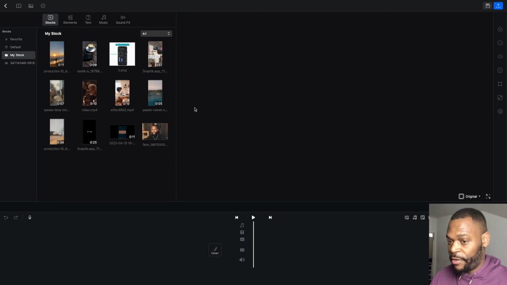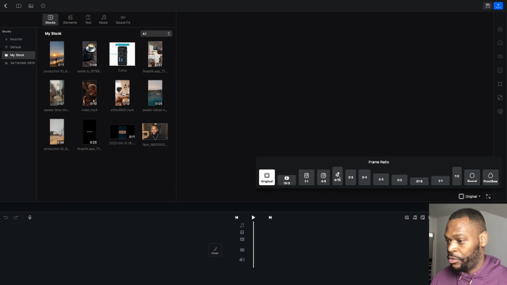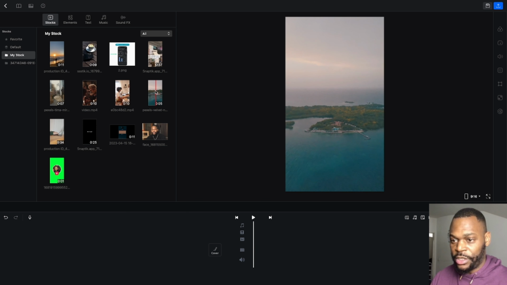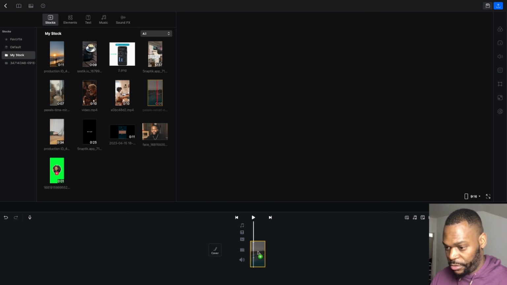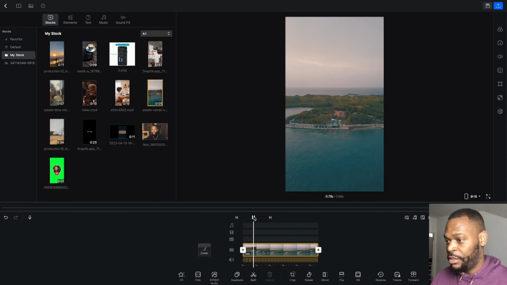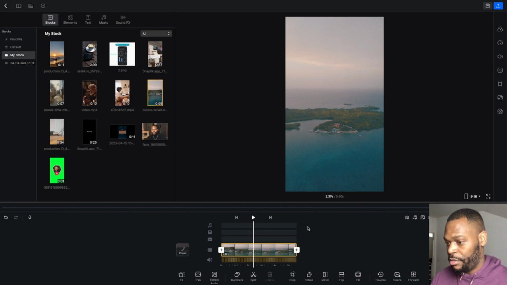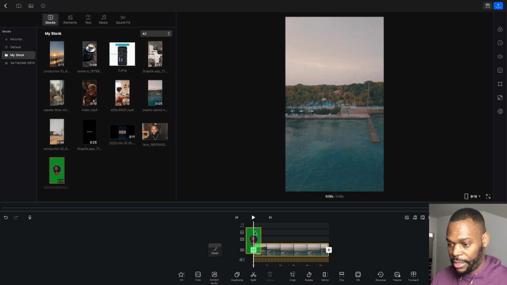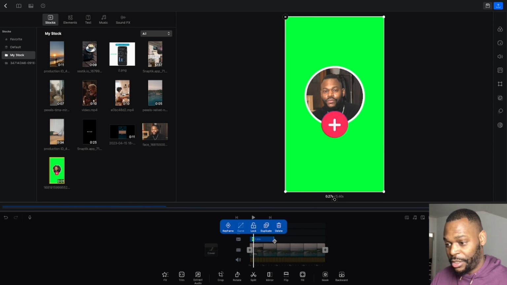So now that we have our green screen exported, we can go into a new project, go to the TikTok dimensions, set that to the TikTok dimensions, and drag the green screen into your stocks. Okay, I'm just going to use this dummy video here, play this. So I'm going to drag this back out, and we're going to get your green screen, and we're going to go onto the second layer again. Okay. This thing just misbehaves sometimes. Now you have